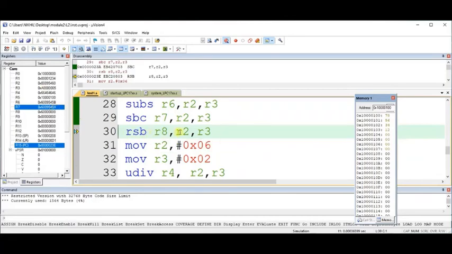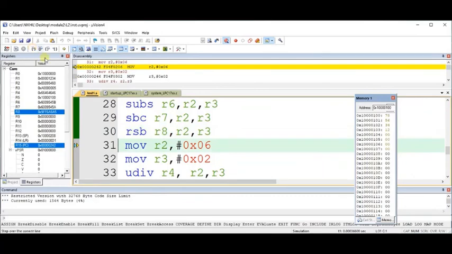Reverse subtraction. So now it will be R3 minus R2, not R2 minus R3. Reverse. So those contents. So check this. Now it is R3 minus R2. 5 minus 0. Then 0 minus 6. That it requires the borrow like F. So F minus 6 may be something like A or 9. So let us check the content of R8 now. So R8 is this value.